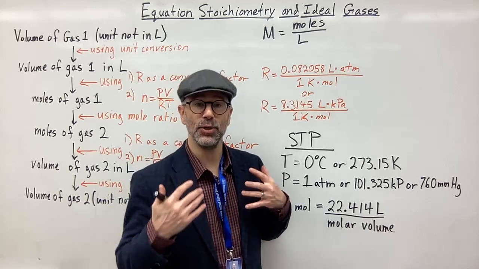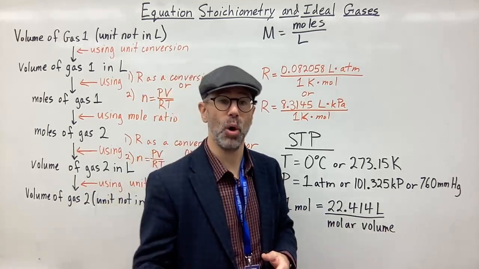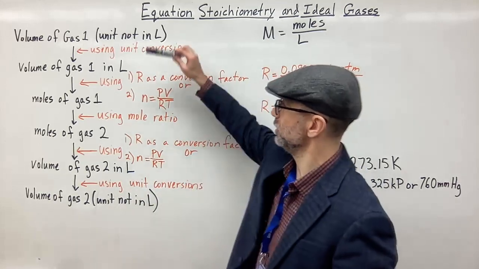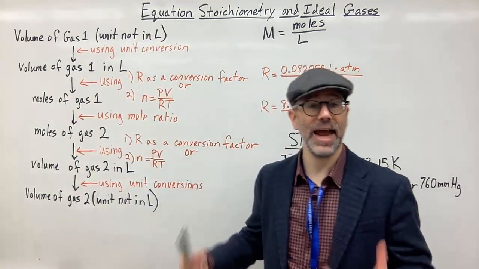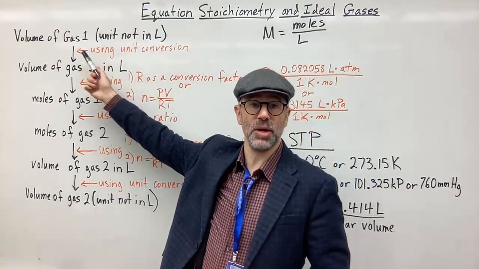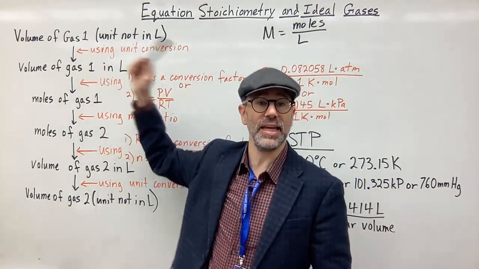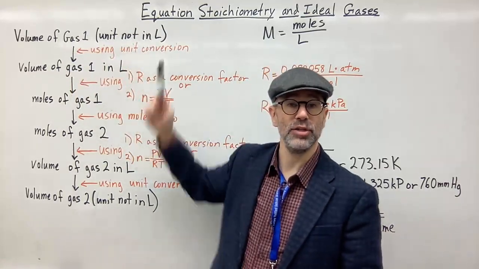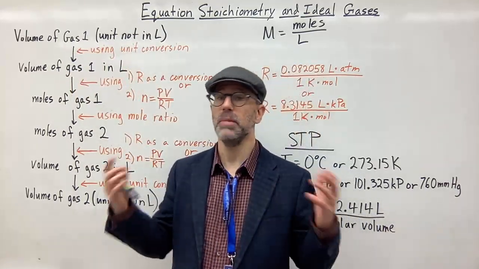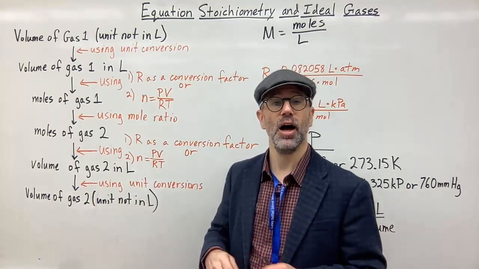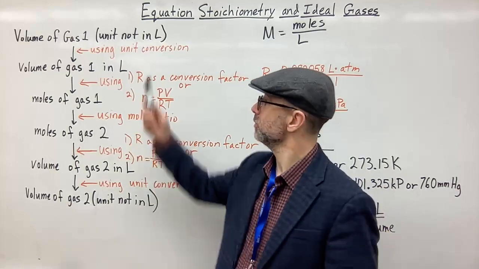In this case, we're going to be using gas stoichiometry. So we're going to use the ideal gas law to help us convert to moles. So the steps are always the same. So here's the general steps regarding gases, right? So if you're given the volume of substance number 1 and it's a gas and they give you some unit, let's say it's not in liters, right? So let's say they give you meters cubed, right? So they give you meters cubed of gas number 1,